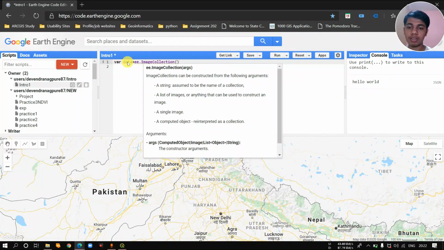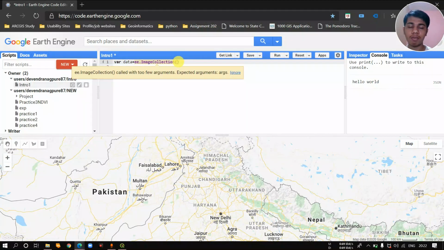So this is the image collection, and in that image collection now we can write anything. If we want the Landsat data, if we want the nighttime data, whatever, we can call it, and for that we would require several arguments.